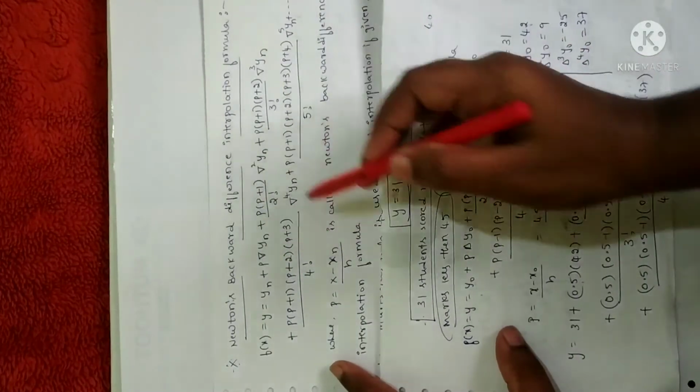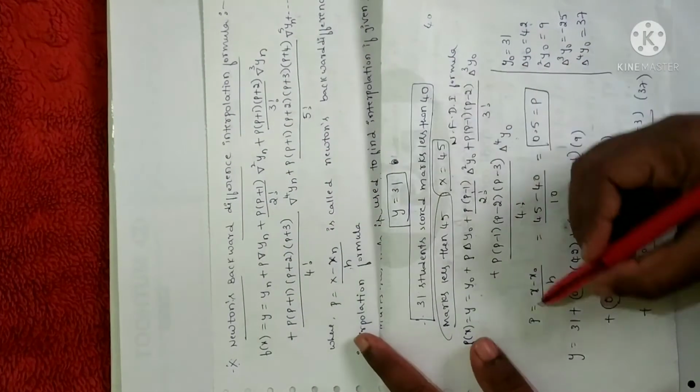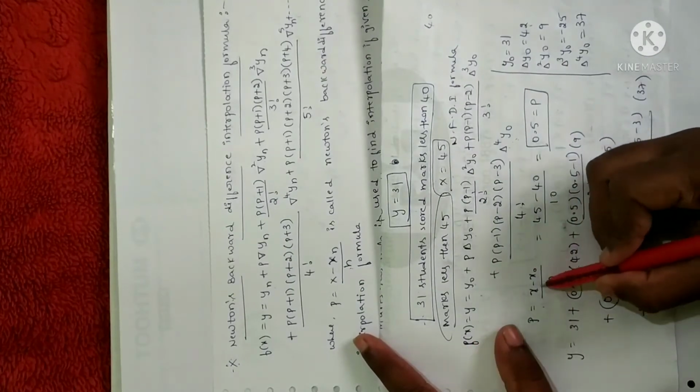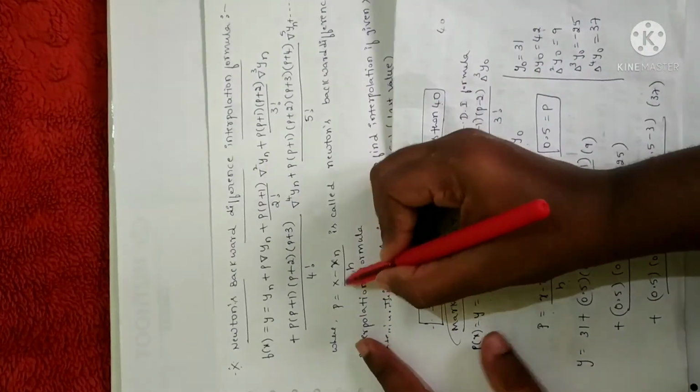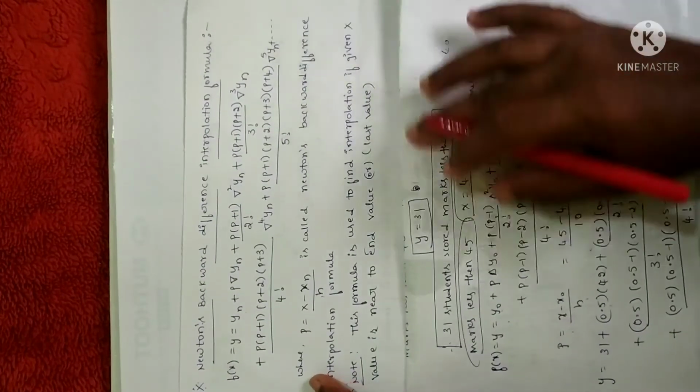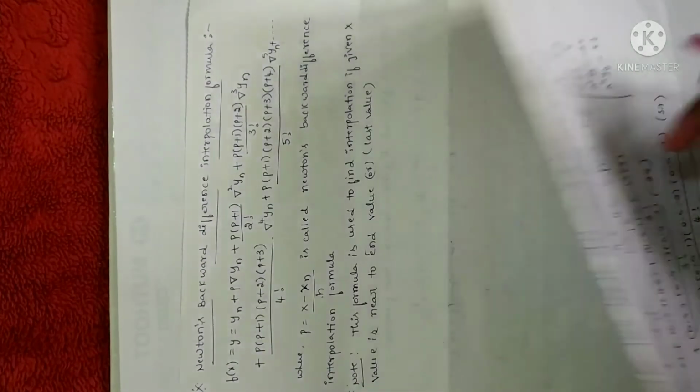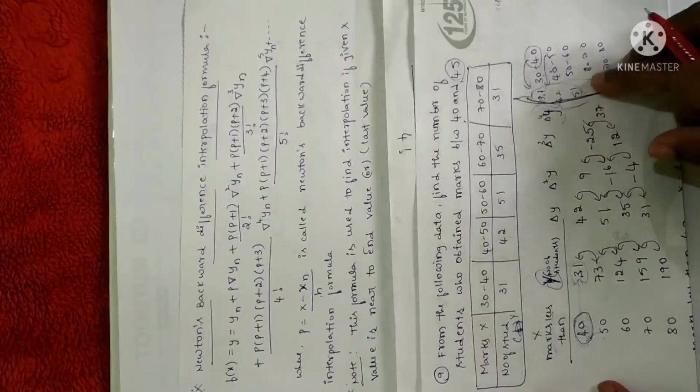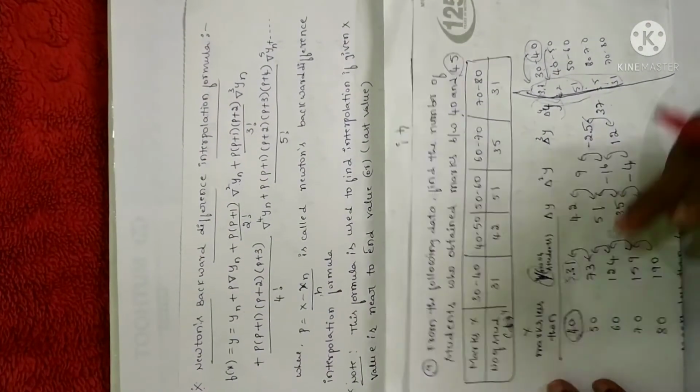Fine, rest of the thing will be same, and p value also differs. In forward difference you use x minus x naught by h, in backward difference we use x minus xn by h. I am just giving a comparison in order to memorize. Fine, and as you are already familiar, forward difference is used when the value is nearer to the first value, right? So here, in this problem I'll give you an example.